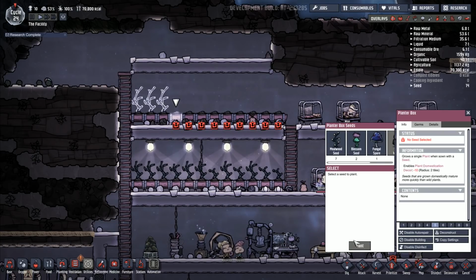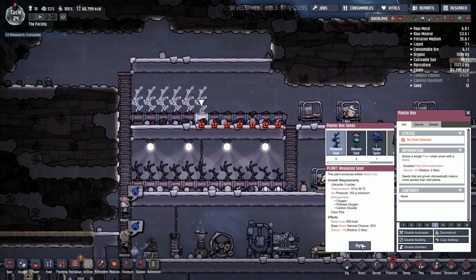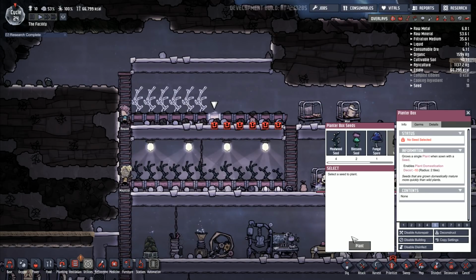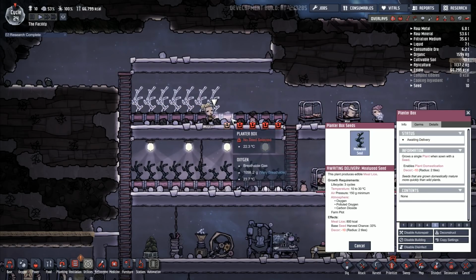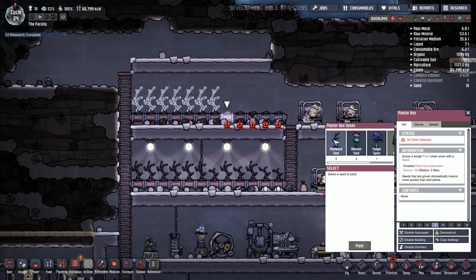Plant. So just do it like that. Keep going through. I don't know if there's a quick way to do this. I don't think there is. But yeah, basically I've got a load more mealwood seeds. So because I've got a load more mealwood seeds, I can get all of these planted. And I'm hoping that I'll be able to get enough mealwood seeds eventually that I can...